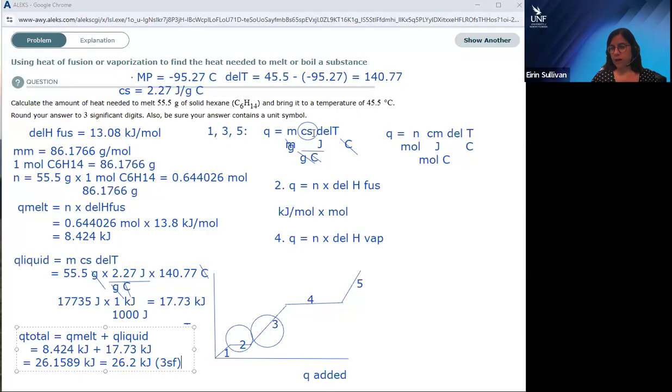If you're using heat capacity, Q is going to come out in joules usually, because those constants are joules per gram per Celsius, or joules per mole per Celsius. For delta H of fusion for melting, or delta H of vaporization for evaporating, you're going to be looking at kilojoules per mole, so your Q is going to come out in kilojoules, and you're multiplying by the number of moles you actually have, so you need molar mass to work that out. The other thing I should mention is that specific heat capacity and molar heat capacity depend on the state of matter. It's different for the liquid versus the solid phase, etc. All right, so hopefully that's